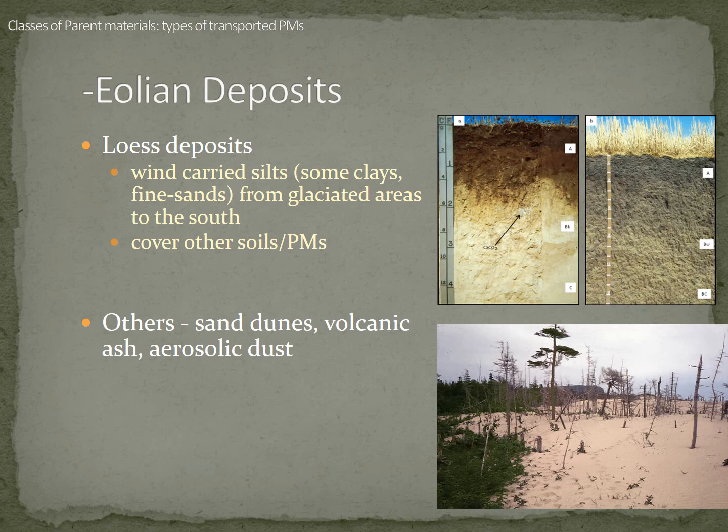A great example in this area is called loess. We don't have a lot of loess here, but as you go south, you get deeper and deeper loess deposits. It's basically just wind-blown silt. As the glaciers came through, they decimated the landscape and exposed all of the soil, and these smaller particles, especially silts, are most prone to being moved by wind. And so they were carried off and deposited all over the South. That's why south of us has much deeper loess caps.